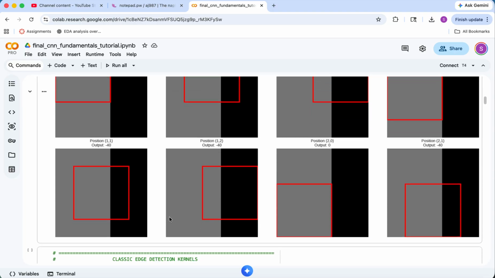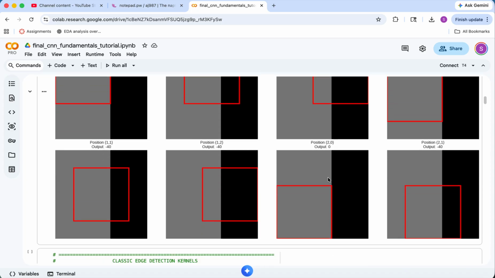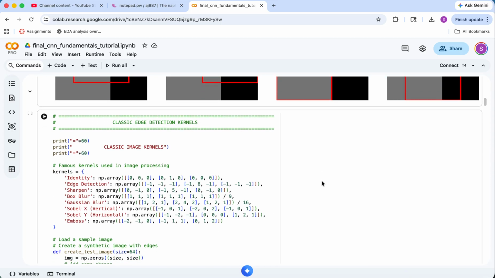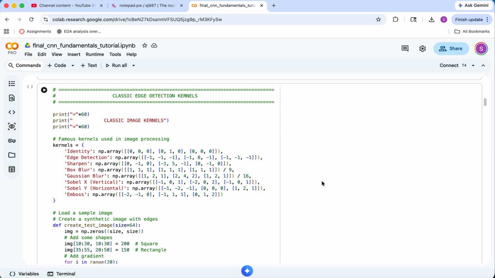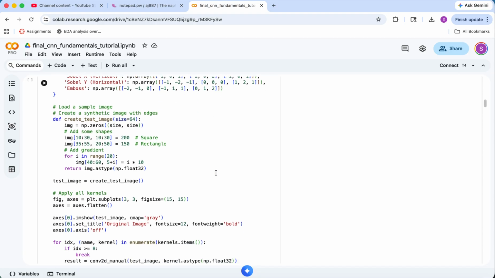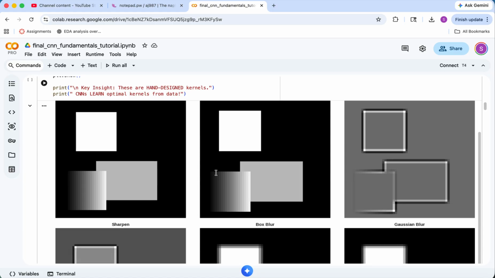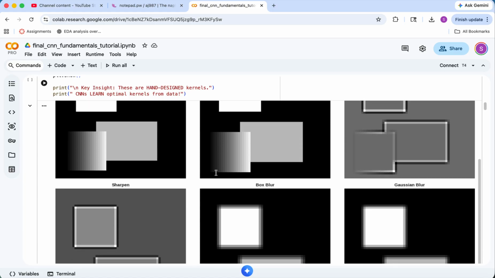The generated plots show exactly how the kernel transforms the input image into an output feature map pixel by pixel. Next, we load some classic hand-designed kernels used in traditional image processing, like edge detection and sharpening filters. The output displays these classic filters side by side, giving us an intuition for what a CNN actually learns to do